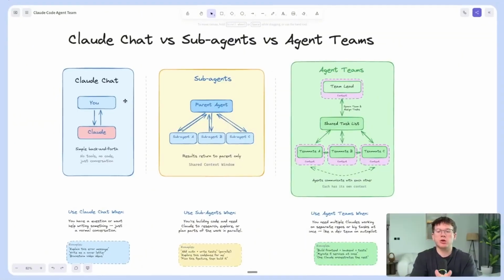All right, so you can now spin up sub-agents to handle specific tasks in parallel, working at the same time. But what happens when you need multiple agents working together on a bigger project? That'd be coordinating, sharing context, dividing the tasks, right? That's exactly what agent teams is all about. And the way that I like to think about it is that agent teams is like sub-agents on steroids. So let's dive in. All right, so here I broke down Claude Chat versus sub-agents versus agent teams,